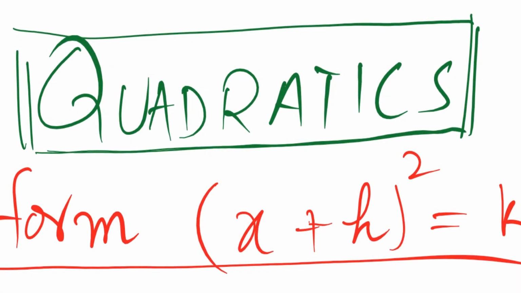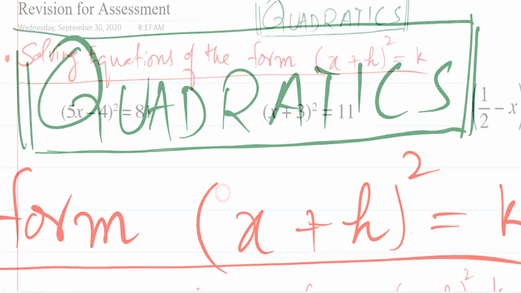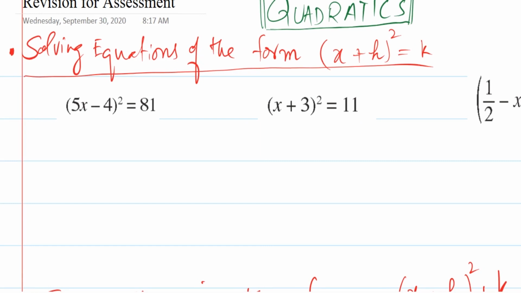I'm going to revise quadratics today. I will quickly go through subtopics of quadratics. Sometimes, if you are given an equation to solve, and the equation is in the form (x plus h) whole square plus k, the first term is x with coefficient 1, or there might be a number instead of 1 as a coefficient.